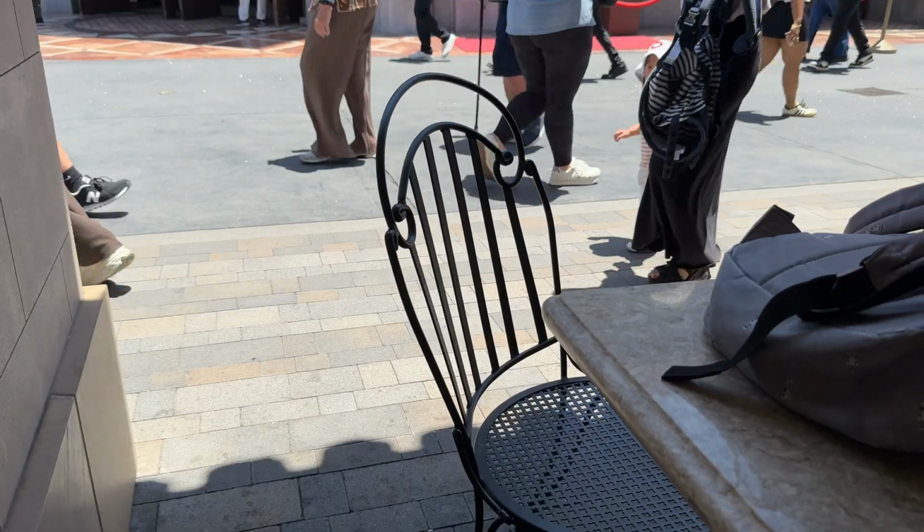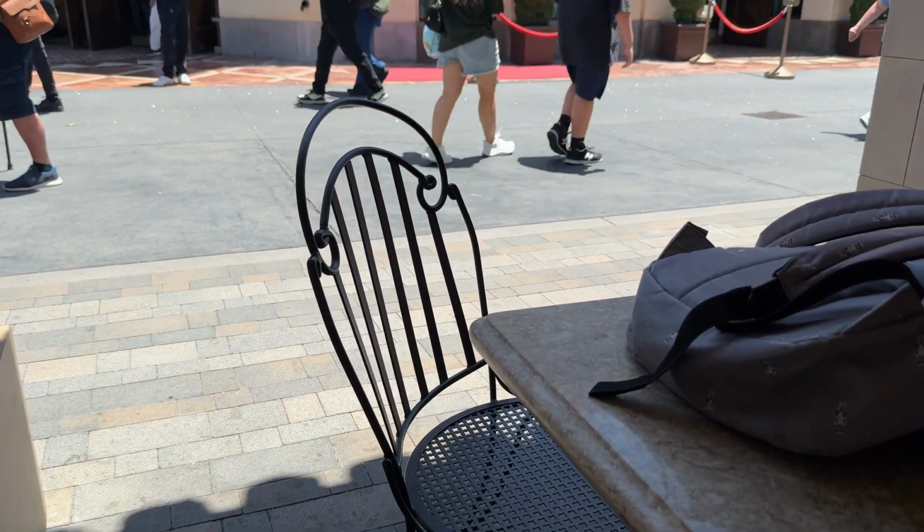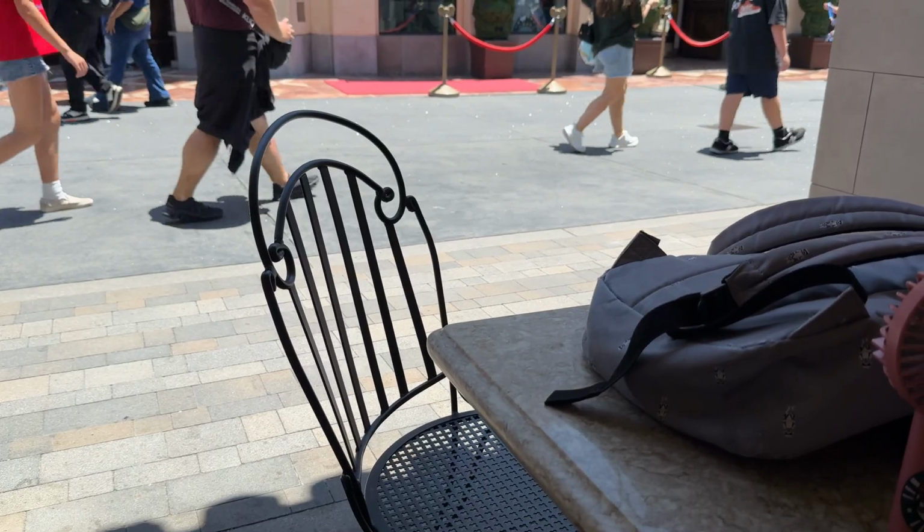Speaking of crowds, I have just popped into a little alcove here by the Starbucks up on the Main Street area because a swarm of crowds just came through, and I just didn't want to be stuck in the middle of it because it's very warm, and I didn't want to be stuck in a sea of people. So we're just gonna wait here for a hot second in the shade with our fan. Now gonna walk down further this way,